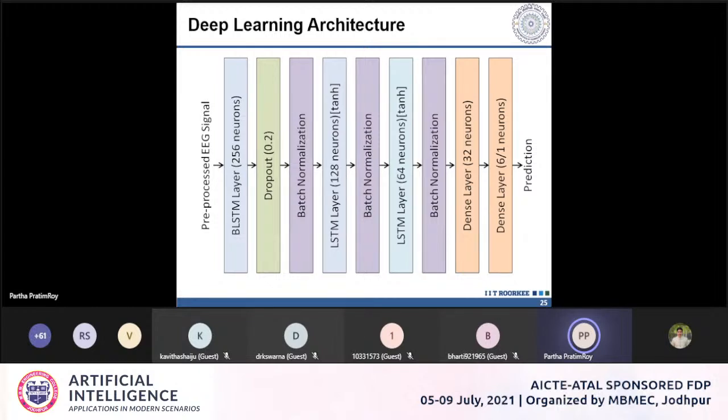The recurrent neural network is used for classifying signals over a time period. There you have the recurrent neural network, stacked recurrent neural network, bidirectional RNN, then long short-term memory LSTM, bidirectional long short-term memory, then GRU, gated recurrent unit. These kinds of architectures are available in deep learning. So we can use LSTM, BLSTM on these pre-processed signals, and then go for classification.